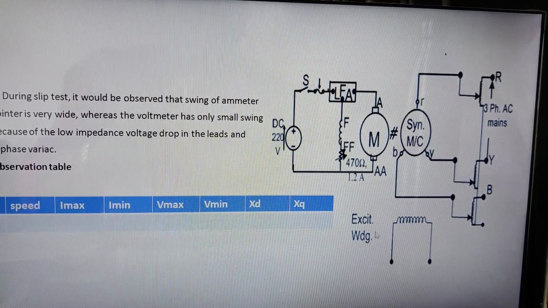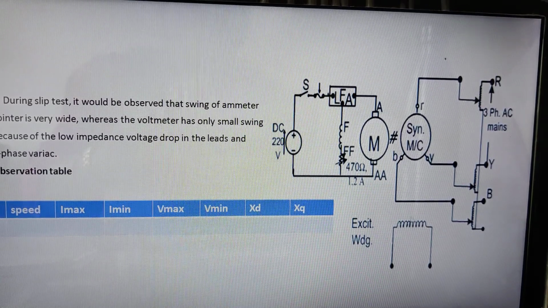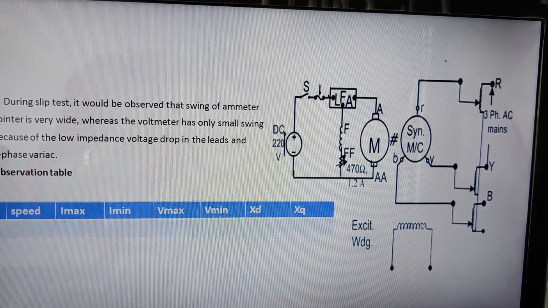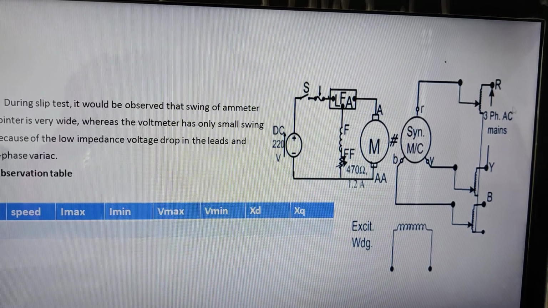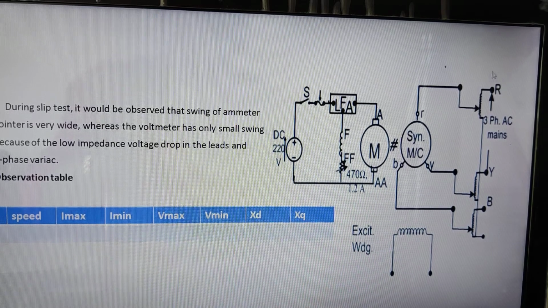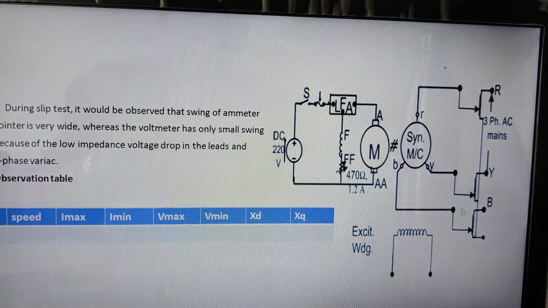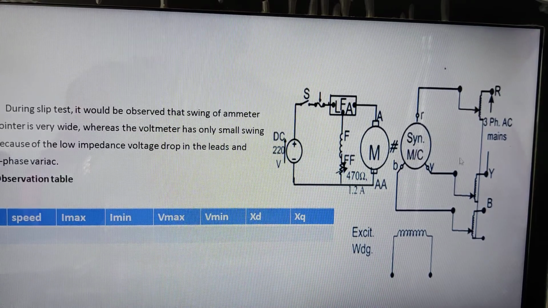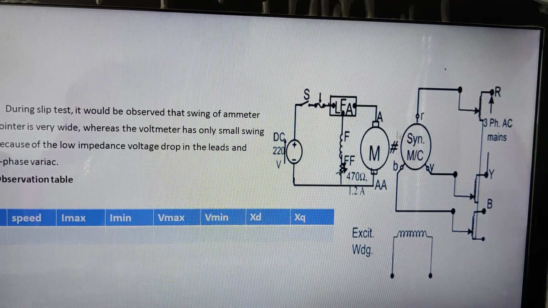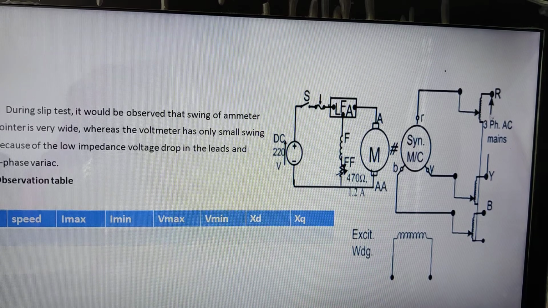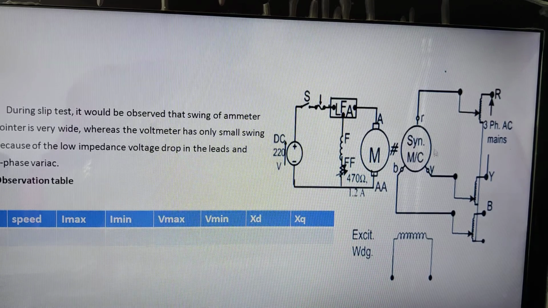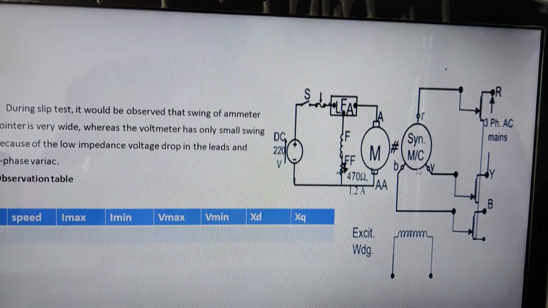Okay, the next part of the machine, you can see that the field winding is kept open. That means IF, field current, is equal to 0, right? If you see the armature part, you can see that 3-phase balanced positive sequence voltages are applied to armature terminal of fixed frequency, right? So if the frequency is fixed, the MMF which will be created by the armature of synchronous machine is going to be of fixed speed. If the frequency with which voltage is applied is fixed 50 Hz, then the MMF which will be created by the armature terminal will also be fixed, right?